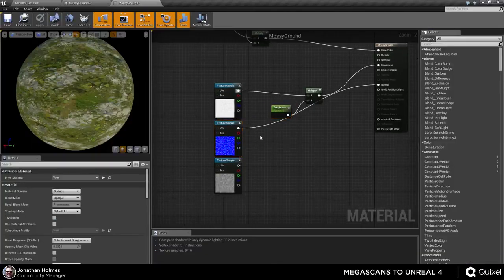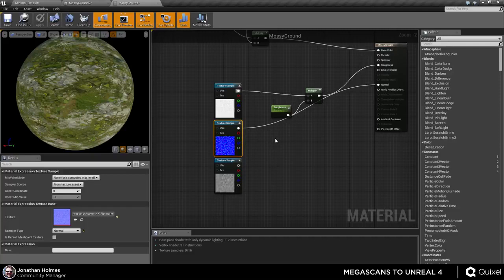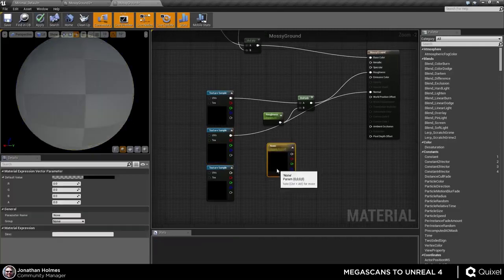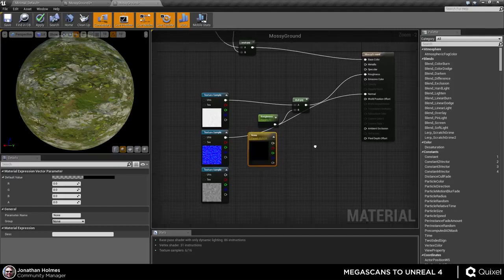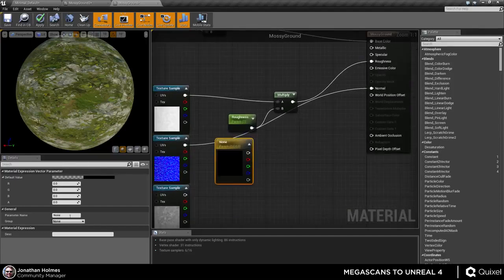I want to do the same thing for the normal map, but I'm going to hold down V while I do it, and that technically makes a constant 4 vector, which has the alpha in it, but it doesn't really matter. We're not going to use that part of it. We'll call this